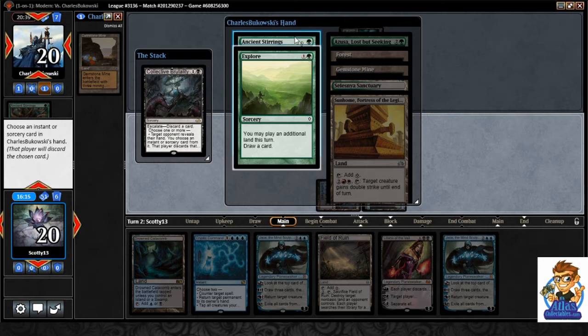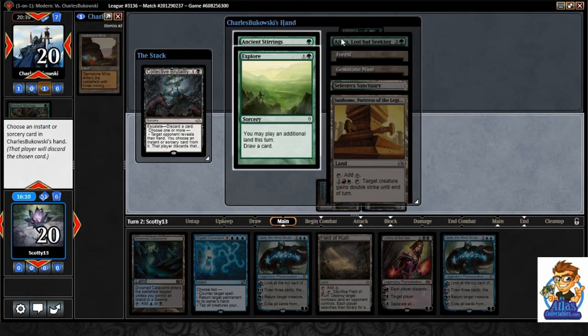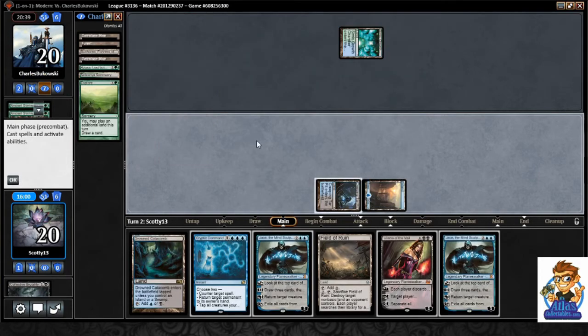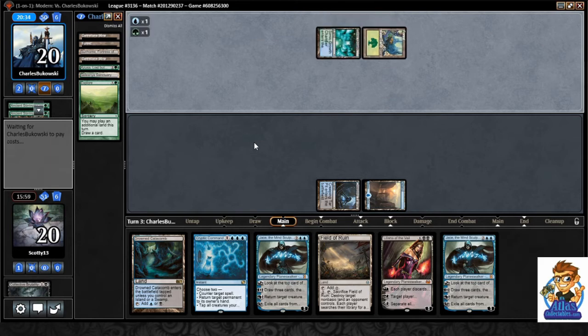If I take Ancient Stirrings, then I don't think... Yeah, they can play 2 additional lands. So they play a land, play a Zuza, play Forest, Gemstone Mine, Explorer. Yeah, I think Ancient Stirrings has got too much selection. So I'll take Ancient Stirrings, make them spend more mana to draw 1 card rather than spending 1 mana to look at 5 and take potentially Amulet or